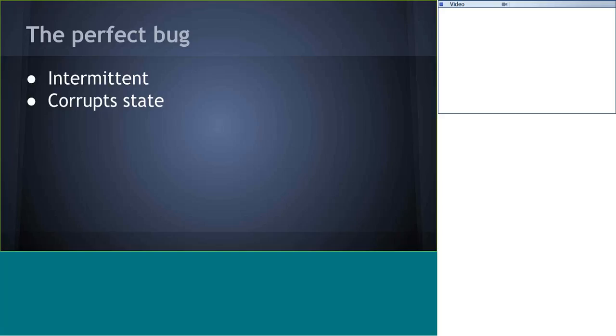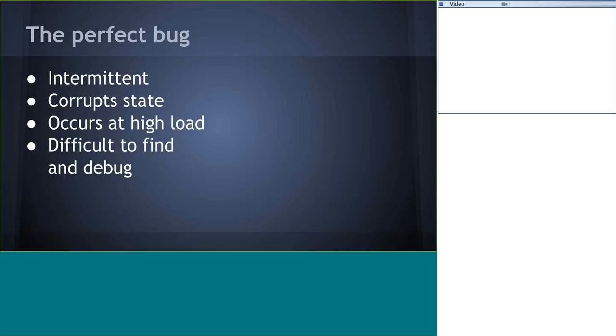It's going to corrupt state such that this bug isn't just going to happen once and affect that particular transaction. It's going to leave the state in a bad way, and then sometime maybe the next day you're going to get some error with this bad state that you don't know how that state got into that way. It occurs at high load, so this might not happen in your usual testing. This will happen on Cyber Monday or something like that, when you have tons of users trying to use your system.